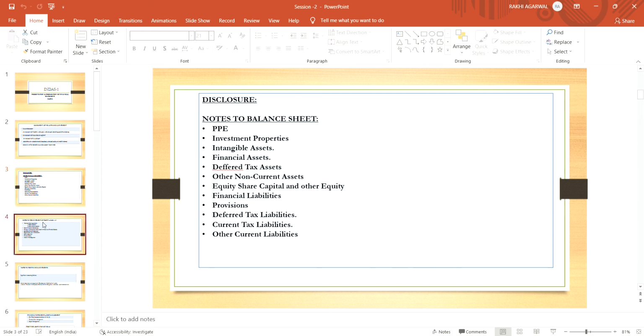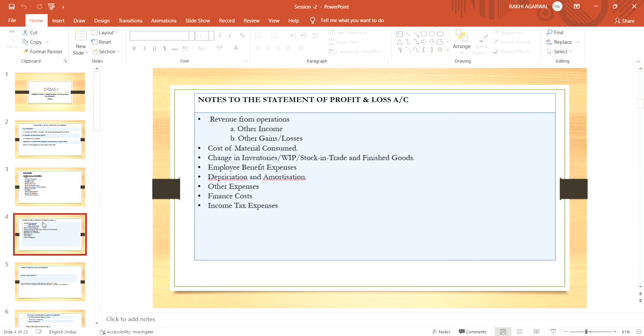And also we will make the P&L notes, like revenue from operations. Along with revenue from operations, we disclose other income, other gains and losses. Also, we make notes of cost of materials consumed, changes in inventories, WIP, stock in trade, finished goods, and employee benefit expenses. In employee benefit expenses, we will give the employee cost, that is salary,